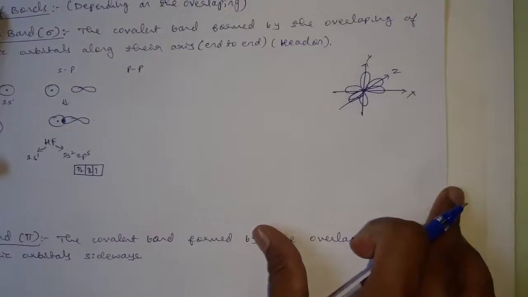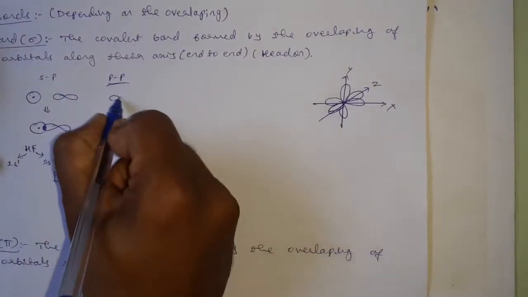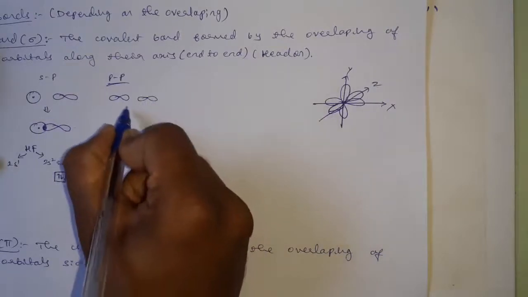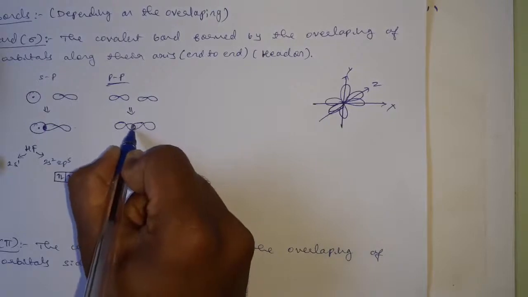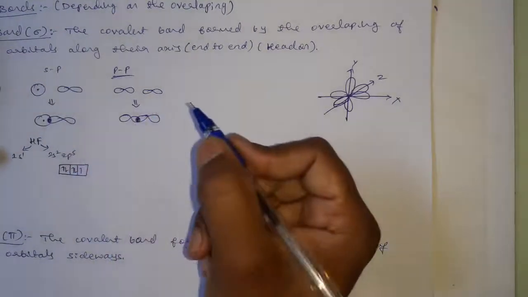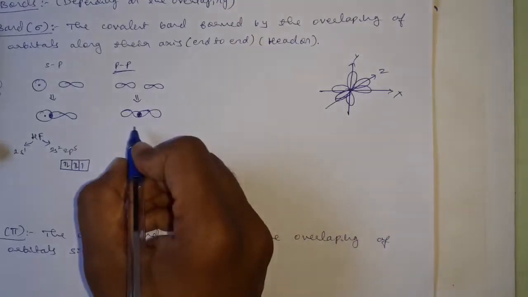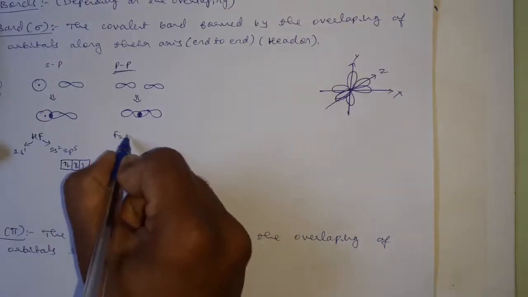Then the next one is pp sigma bond. Here two p orbitals are overlapping each other to form a sigma bond. For this I will take an example of formation of Cl2 or F2 molecule,